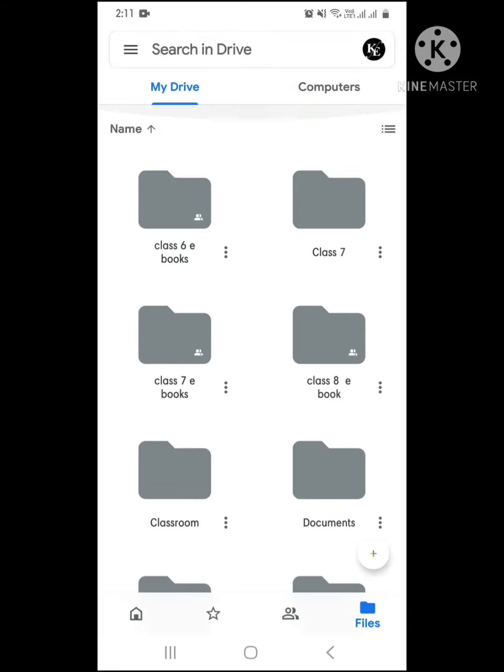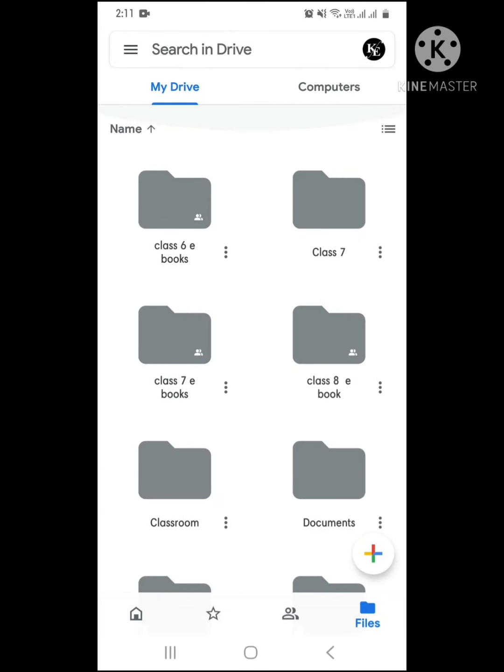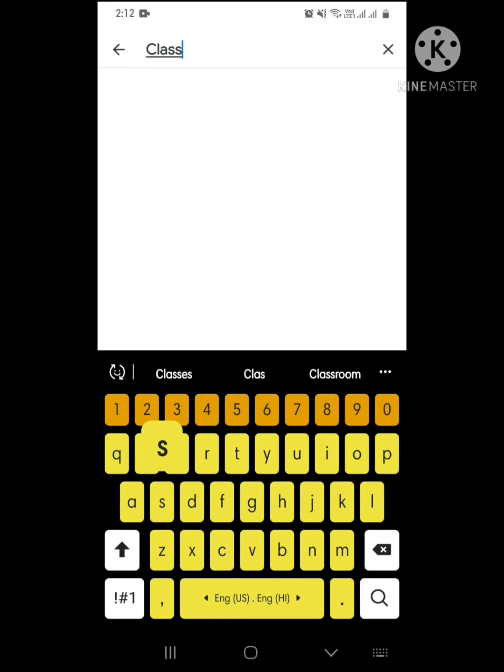Now here how to search for it. Whatever you are making, it will be in your files. If you want, you can directly search in the drive or you can just scroll on and identify. As we have to remember the name that we have given, I will search in the drive. So the name that I have given is